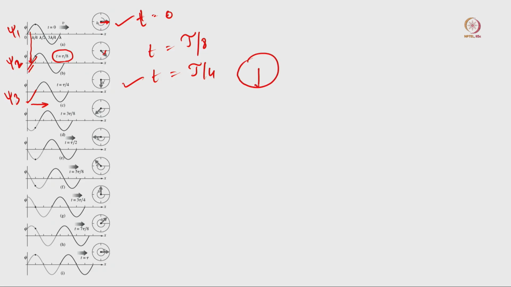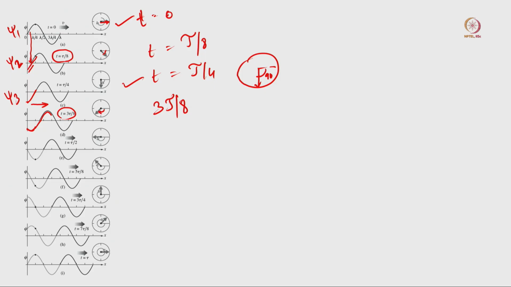And that is what we are reflecting here. When t equals this value, you can see in the phasor diagram that the vector has moved in a particular direction, and this angle will be something like 90 degrees. Now, if you go further, when t equals 3T by 8, you can see again there is a change in the position of this wave, and that is reflected in this particular angle.